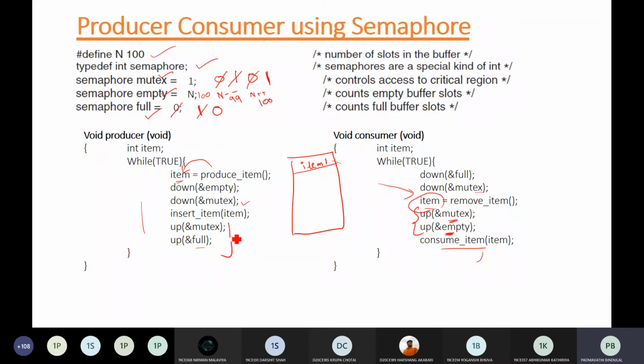This way you achieve mutual exclusion with the help of the mutex semaphore. And there is no issue of lost wake-up calls. In the last example we saw that the wake-up call sent by the consumer or the producer may be lost, but that is not possible here because these are atomic operations. All the modifications are done on the semaphores only, and the respective processes check the shared variables and the code is executed accordingly. This way you can solve the problem of race condition. Is it clear up to here?